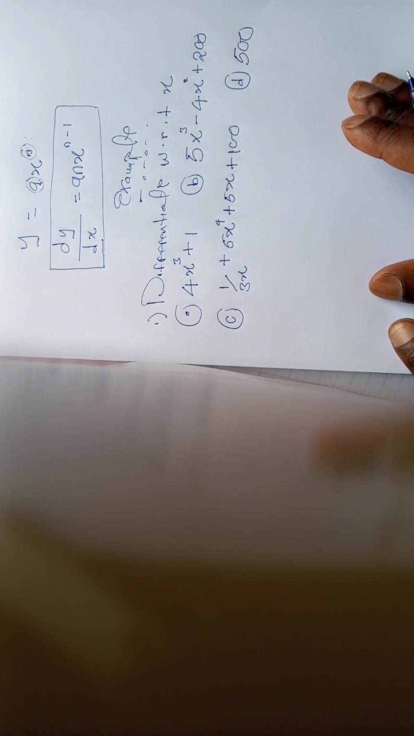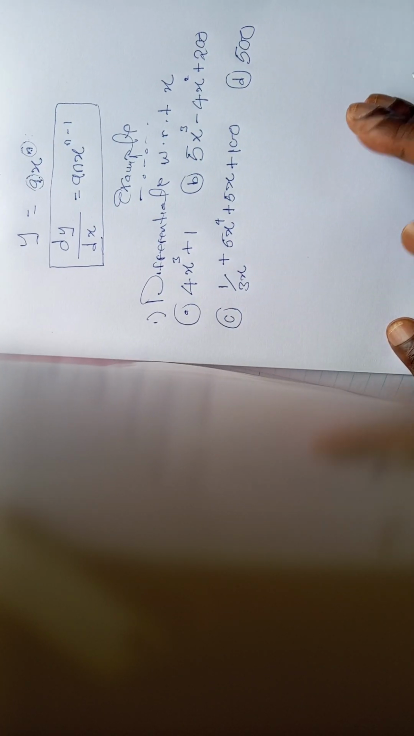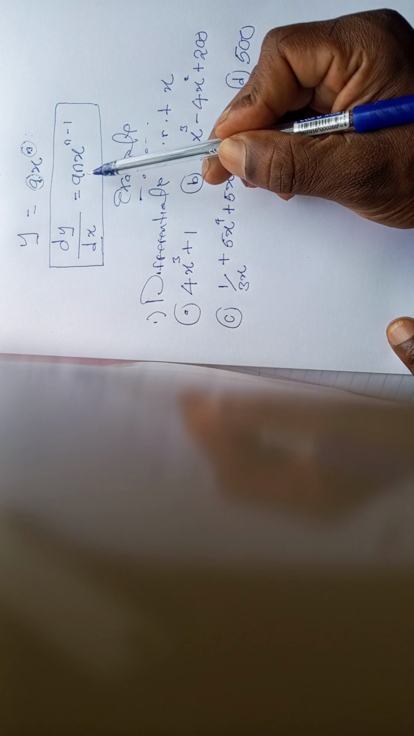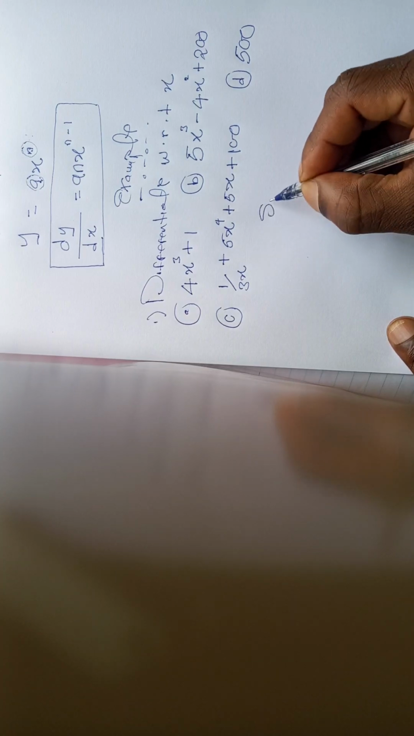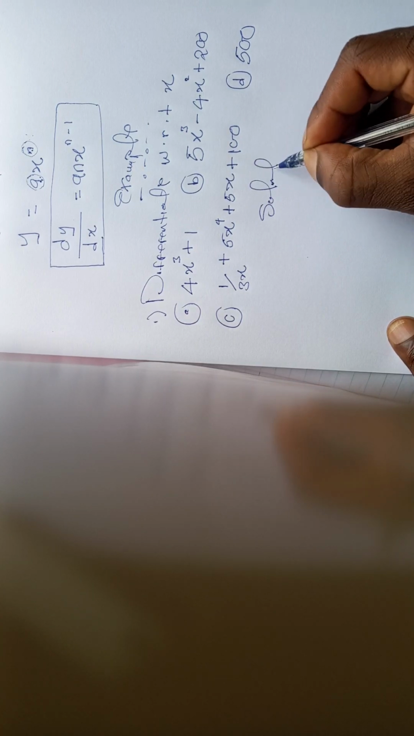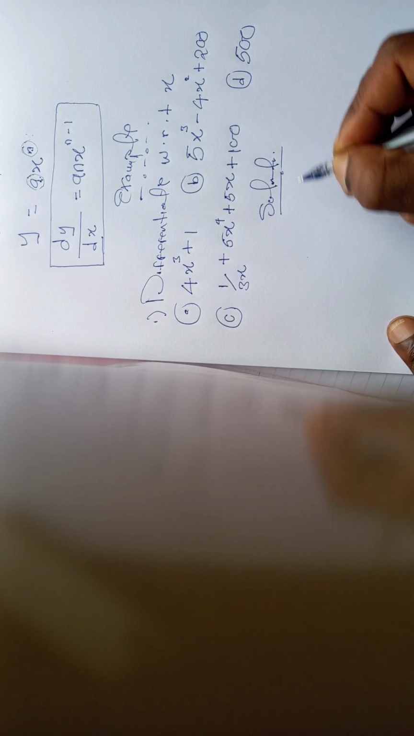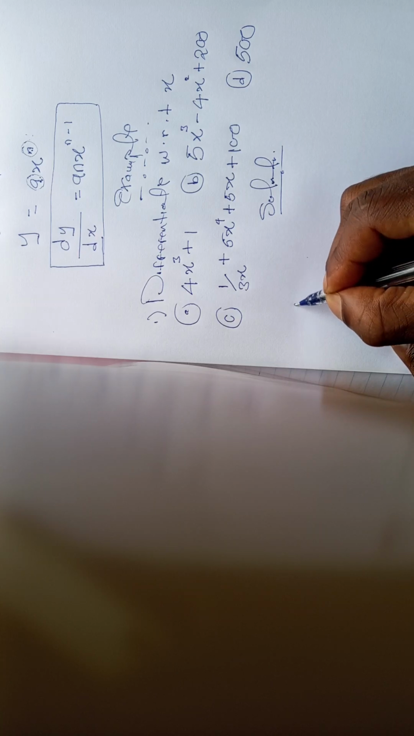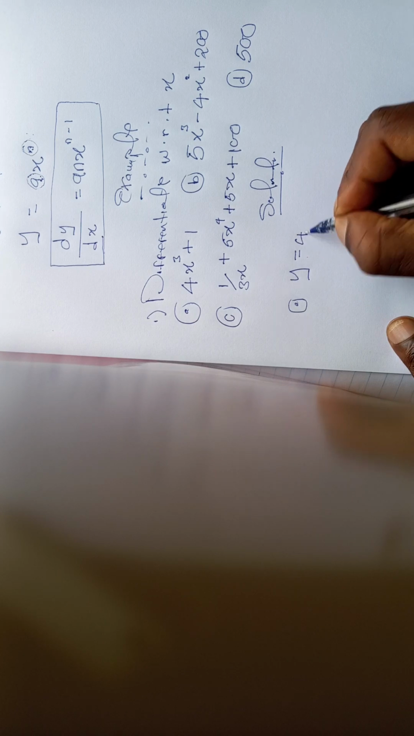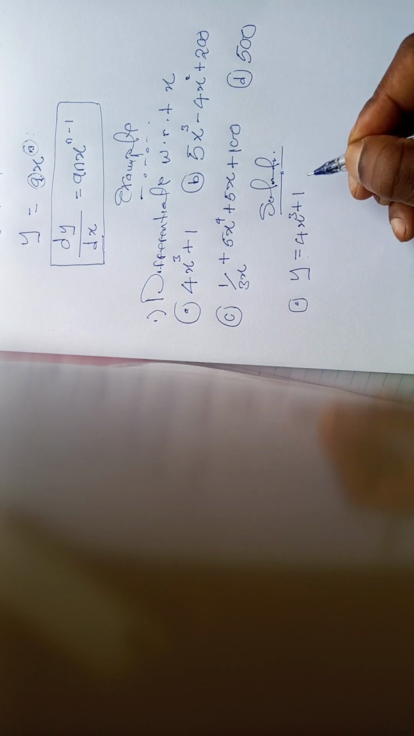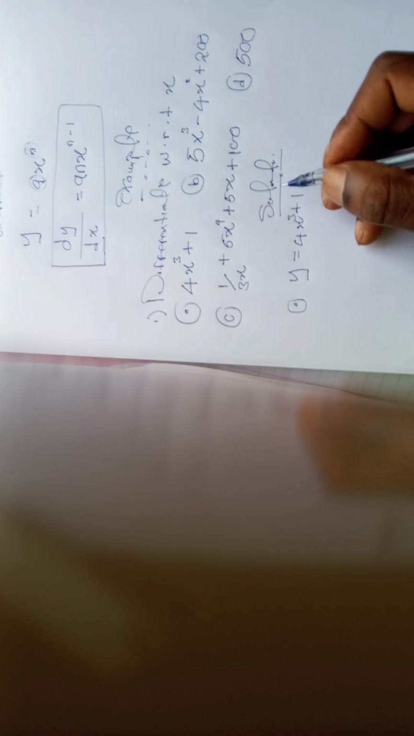Then D, I also put 500. So when you are differentiating these, it is as simple as drinking amenshi using this formula. So you say solutions. For A, in full, you can write y is equal to 4x^3 + 1. Now if you are differentiating this one,